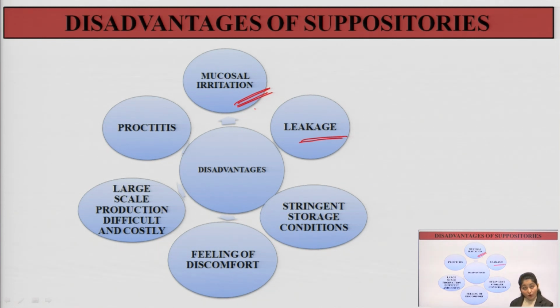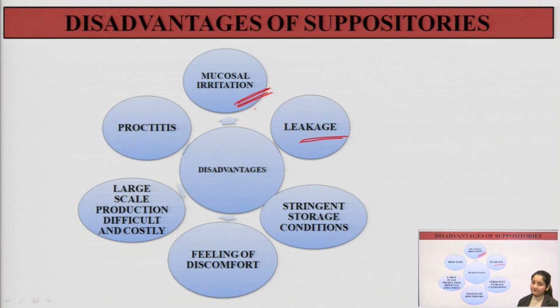It is an orifice, a cavity, and if anything gets converted into a liquid state, it has the issue of leakage or oozing out from that area. So this is one of the important disadvantages of suppositories, because if all the medicaments leak out, what percentage of medication is there to actually help the patient